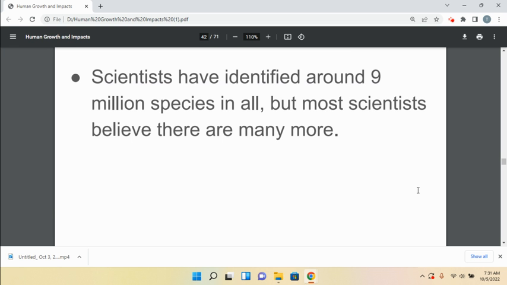Think about the oceans. We've spent less time at the bottom of the ocean than we have on the moon. That gives you an indication of what might be down there, what might exist that we haven't even seen yet. Think about the rainforests in South America. We've explored such a small portion of those. We've cataloged just a small portion of the species that live there. So again, there are many, many more to be discovered.